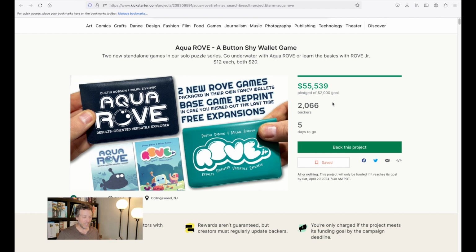But these are 18 card games, very small, very portable, cheap to make compared to a lot of games, and cheap to ship, easy to produce as these things go. The campaign here is going to run until April the 20th,